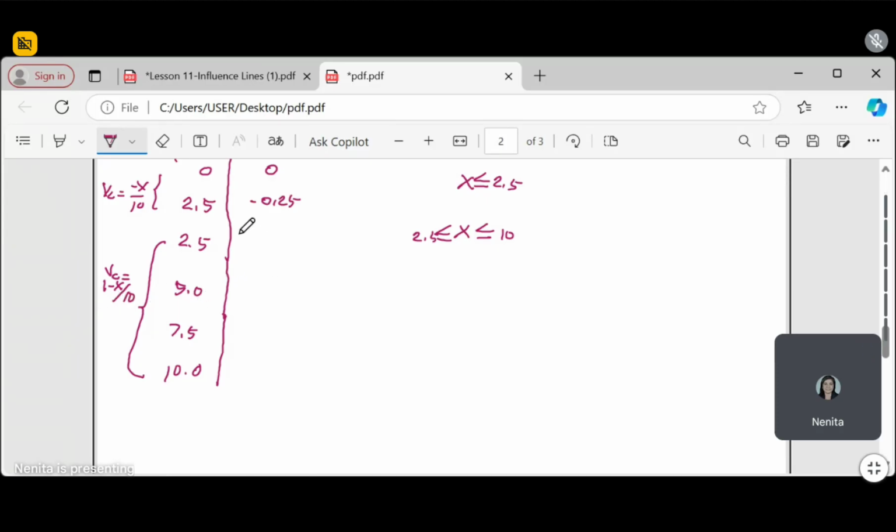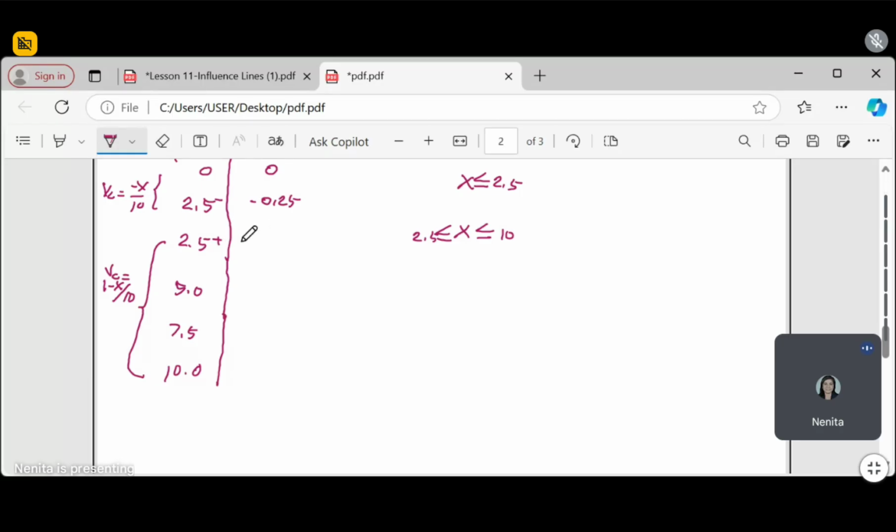So, pagka siya to the left, lagyan natin sa ibabaw ng 2.5 ng negative. Dire naman ng positive. Okay, ibig sabihin to the right. Butang natin sa ibabaw ay negative, sa dire ibabaw ay positive. Ibig sabihin, ang 1 ay nasa left, ang 1 dire ay nasa right. Okay? So using this as our equation, we have